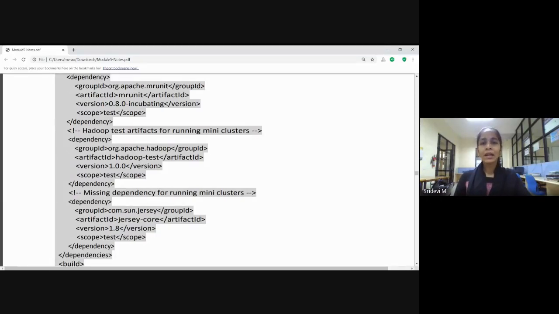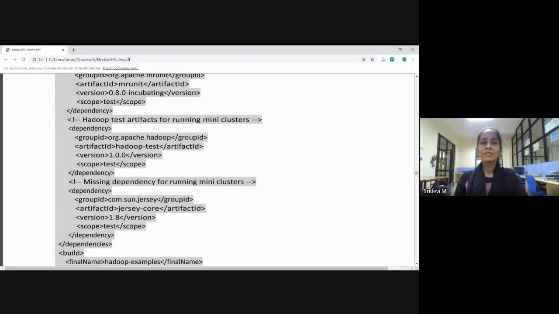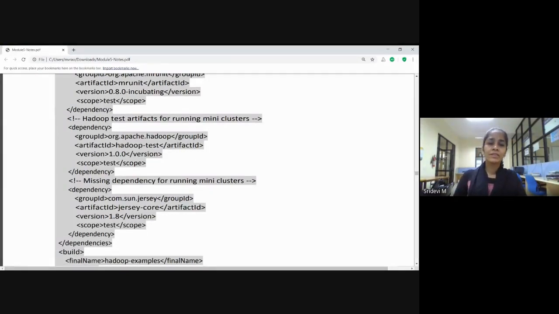Once they execute without any errors, then we can scale it onto larger clusters in a data center, right? That is why we are adding the mini clusters also by using Hadoop test in order to check how your MapReduce job is running on a mini cluster, and also the Jersey core. This also provides some dependency in order to run your MapReduce jobs on a mini cluster.